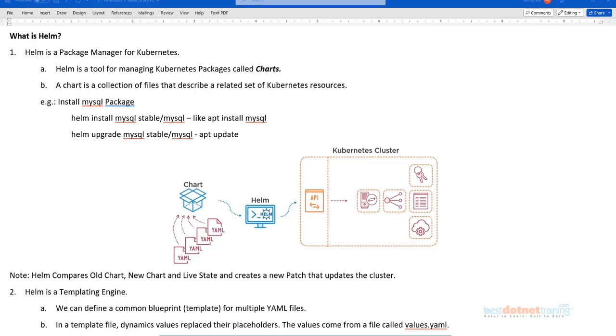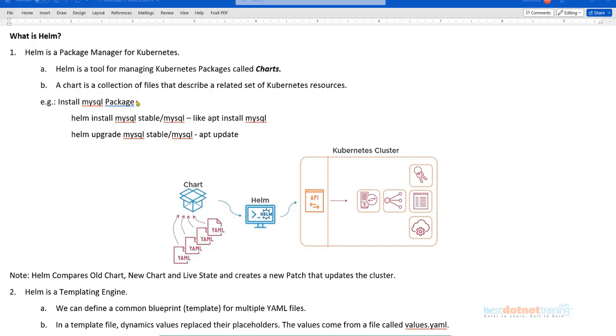Those who are on Mac might recollect using something called Homebrew. So brew or homebrew, you use that for package management, which means installing software on Mac. Similarly, you can treat Helm as a package manager for Kubernetes. That means Helm allows us to bundle all the aspects of our Kubernetes deployment in one single package. So you can treat this as a package manager for Kubernetes.